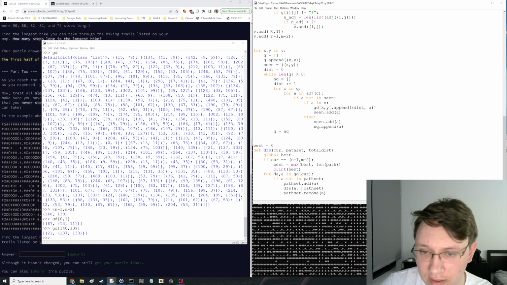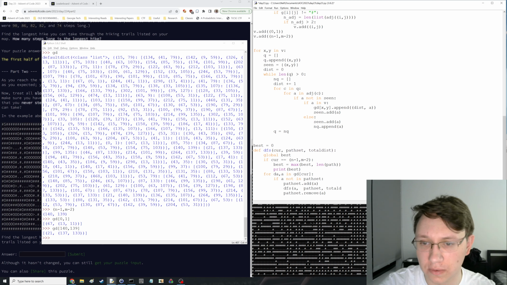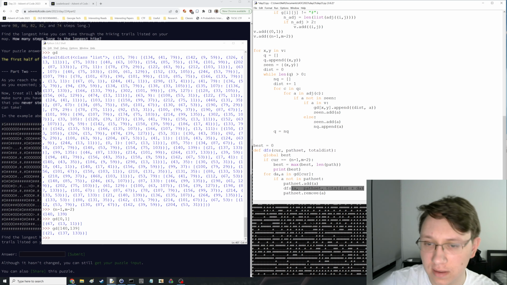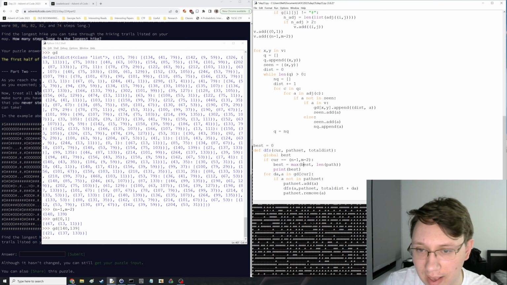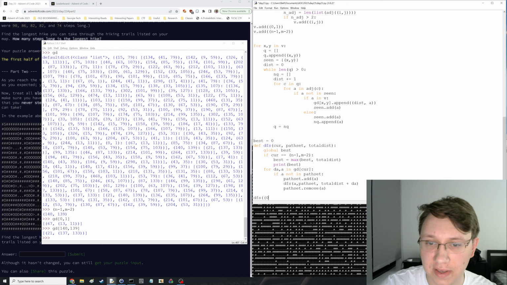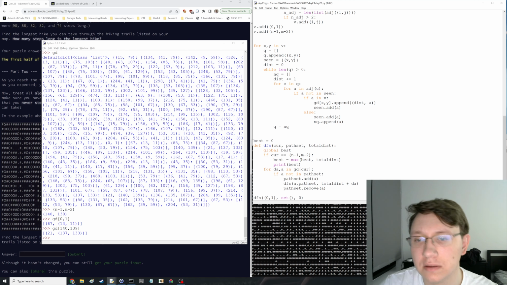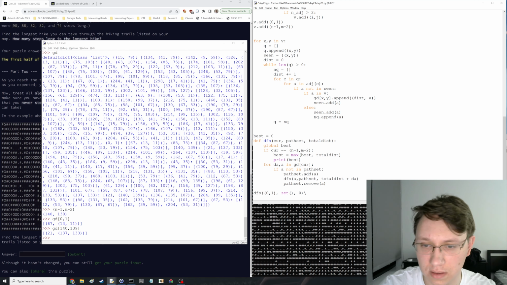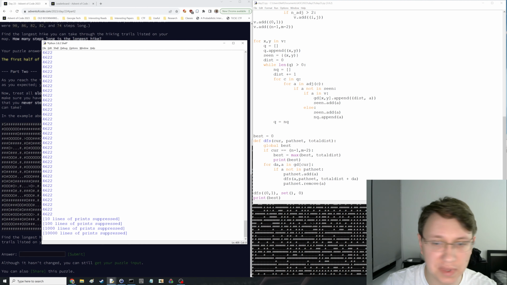And when we're done, the new dist is total dist plus DA, and max of total dist and DFS at 0, 1, set 0, and I'll note that it should be the answer. It should be this plus